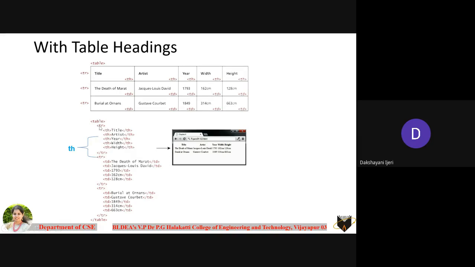Start with the tr, and all the elements of this tr are the headings, the column headings, right? You want to make them appear bold, so create them with the respective th element. Open the th element, type the text, close the th element, again open th, type the text, close the th element. However many you want to create, you can take with the respective th elements.